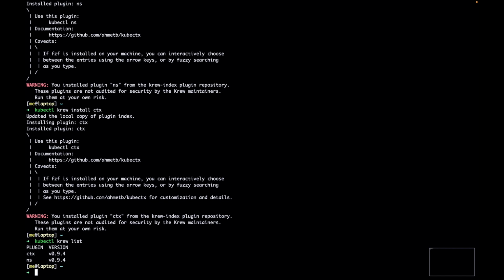Now I'm going to clear my screen real quick. So one last thing we need to do for Krew to know what clusters we have available is we need to go back to that kubeconfig environment variable, and we're going to set it to both our prod cluster and our QA cluster. So let's go ahead and set that. And now if we do kubectl ctx, which was the name of that plugin that we installed,